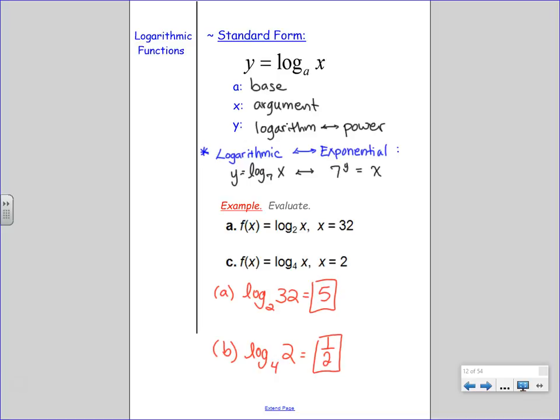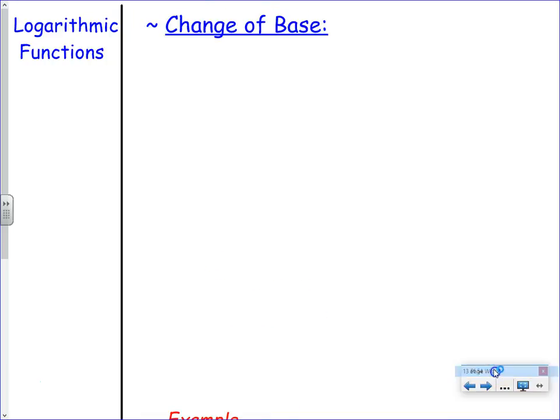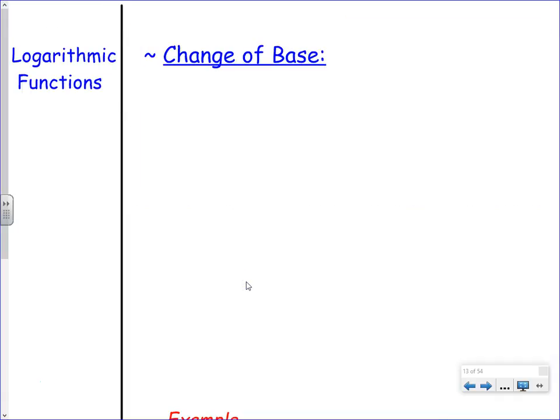But those of you who are like, I don't have a log base button, number 1, or number 2, if you're asked in homework to not use a calculator and still somehow change the base, we might need to use this formula. So for those of you that don't have a log base button, or in the olden days when calculators didn't have a log base button, you would have to use this if you were using your calculator to solve for any log besides the common log and the natural log.